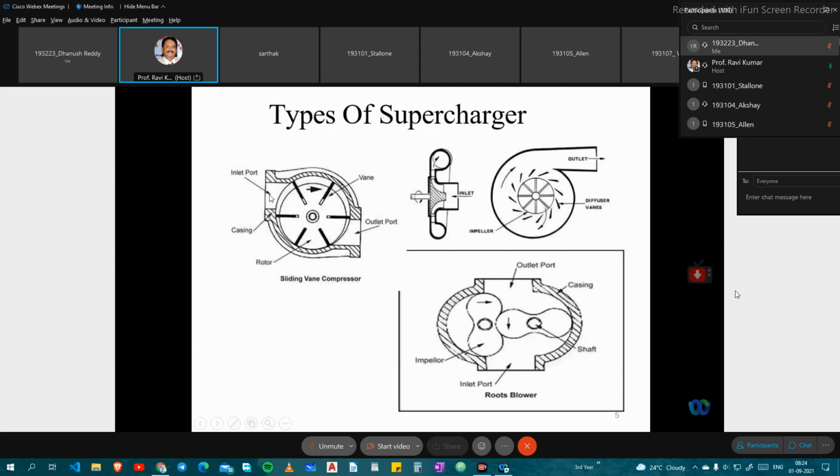The air travels here and leaves here. When leaving, you have a narrow passage, and a small cross section variation will be there because of this cross section. This is the air flow area where the air flows, and while leaving you have a small arrangement. There you have compressed, high pressure air, and this compressed air goes through the outlet port to the inlet manifold.